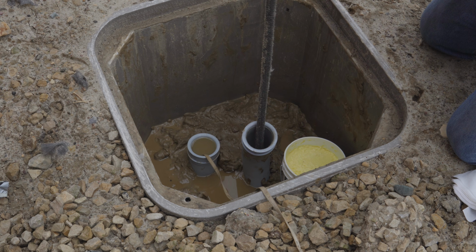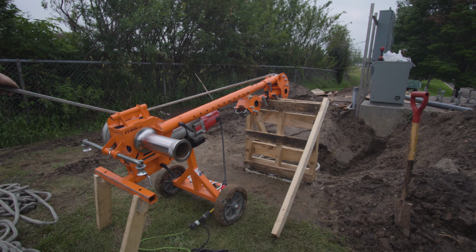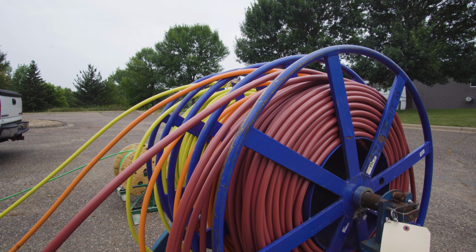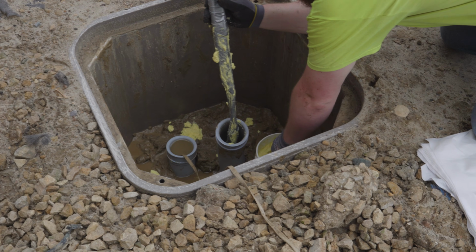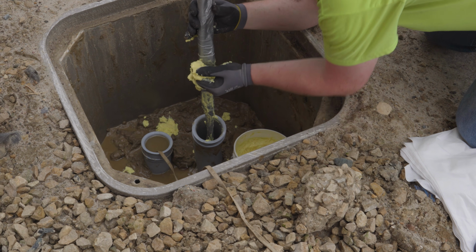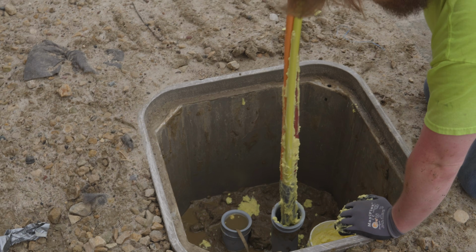Next step was we got ready to pull our wires. So here they're getting set up. These things are just amazing, by the way. Every time I've done it, we've pulled the ropes by hand, and it's just so much work. Here they're lubing up the wires that are going through. They got the rope connected to it. They got the rope through to their puller machine. I don't know what that's called. What is that? I have no idea. The guys were calling it a mule. I don't know if that's like the official name for it or...